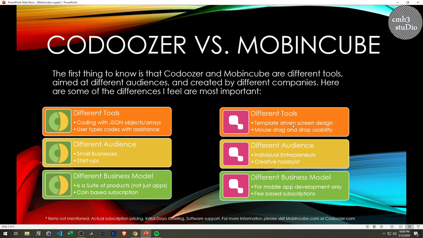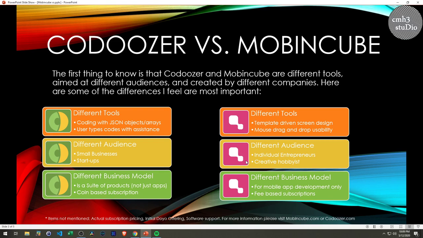The main difference is it's a template-driven screen design, where you choose a template on the software and drag that into the screen area, and you can quickly create different types of screens, like database screens, screens that call URLs like web URLs. You can also have options lists. You can have action images. So it's all dragging and dropping versus the coding part. So again, that's a bigger difference. If you were looking for something that was even less codey and just drag and drop ease, definitely Mobincube